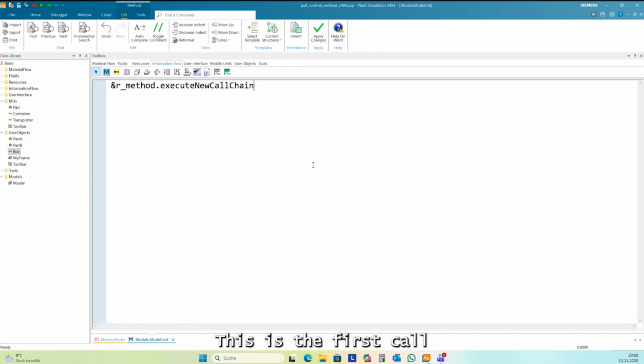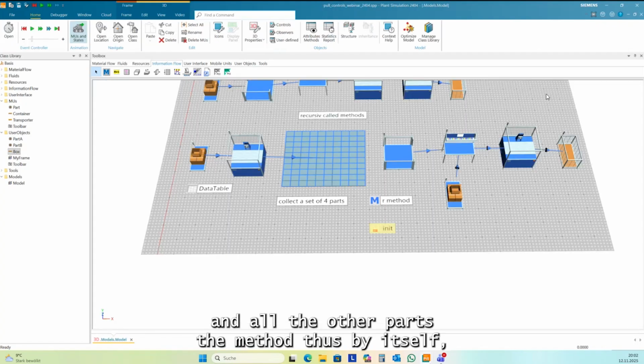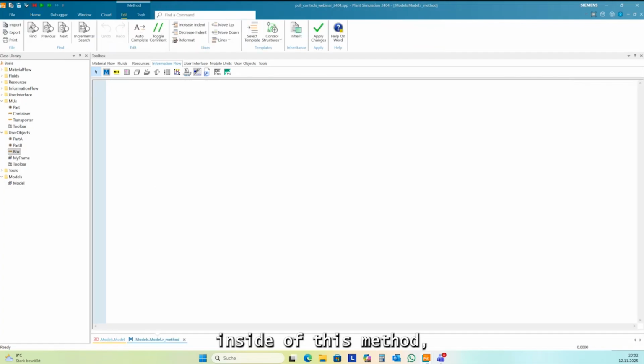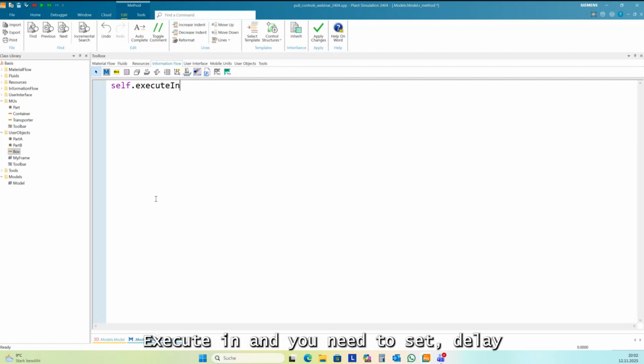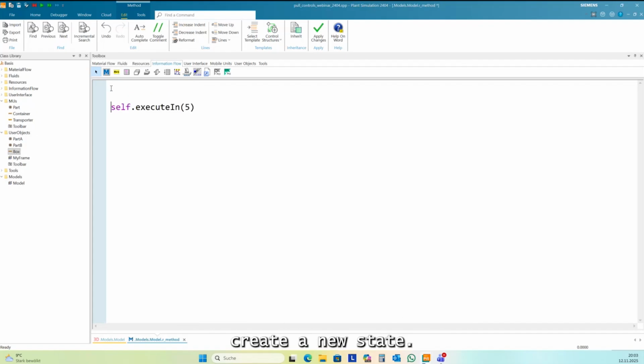This is the first call, and all the other calls the method does by itself. So inside of this method, at the end, we need a command self execute in, and you need to set a delay so that the simulation can run further and create a new state.